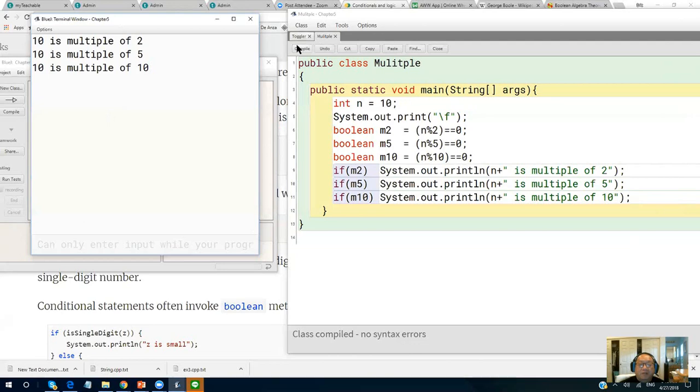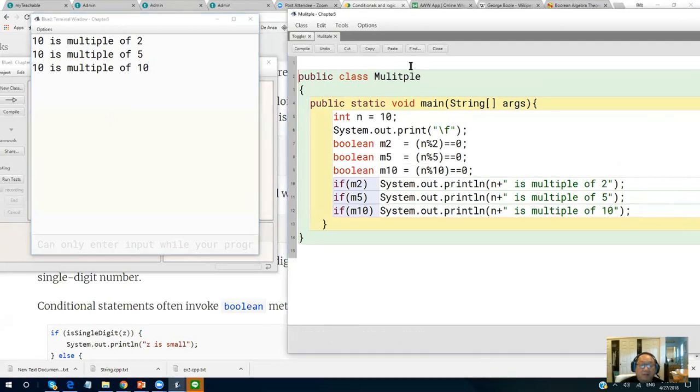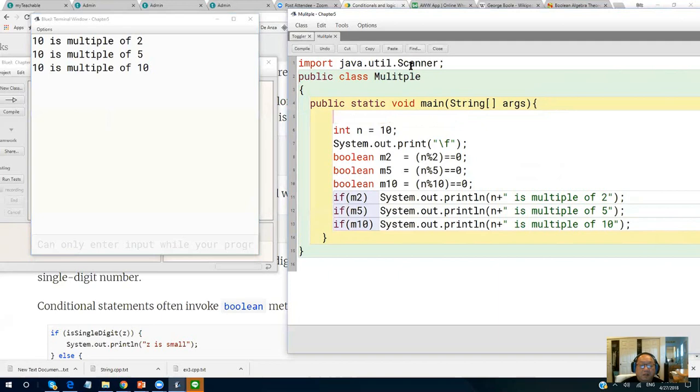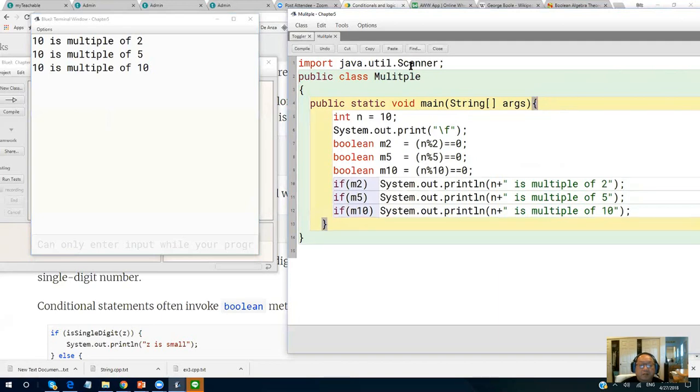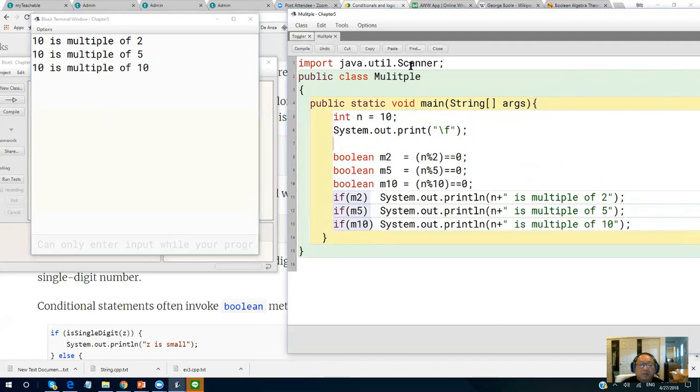So here, let me do something. Here I have import java.util.Scanner. Right in here. Okay, here, let me see. Let me try this. Okay.